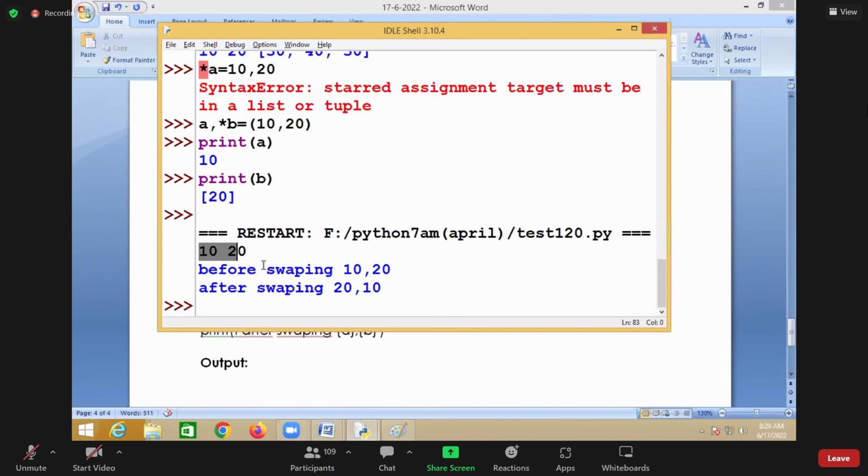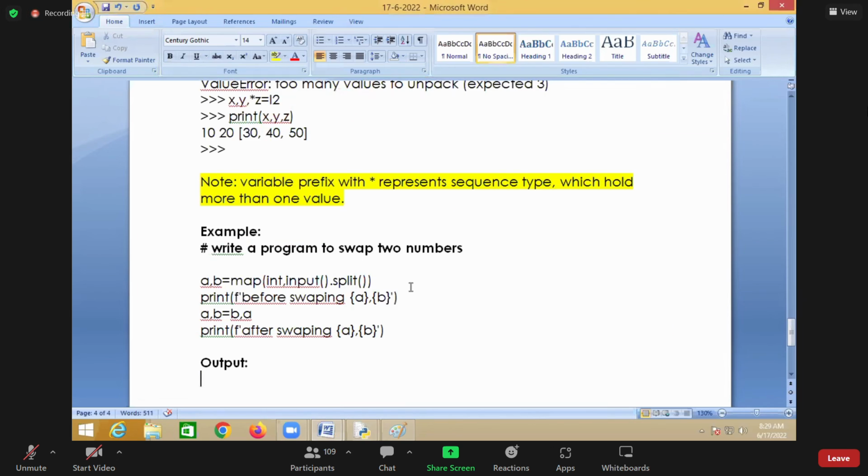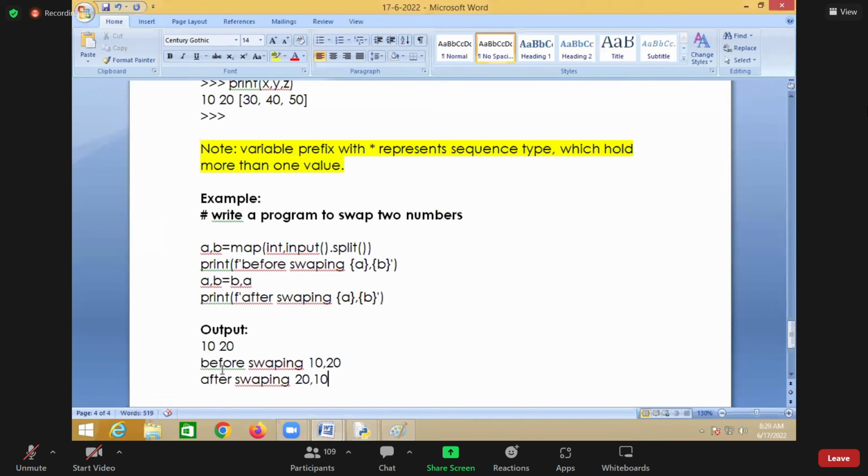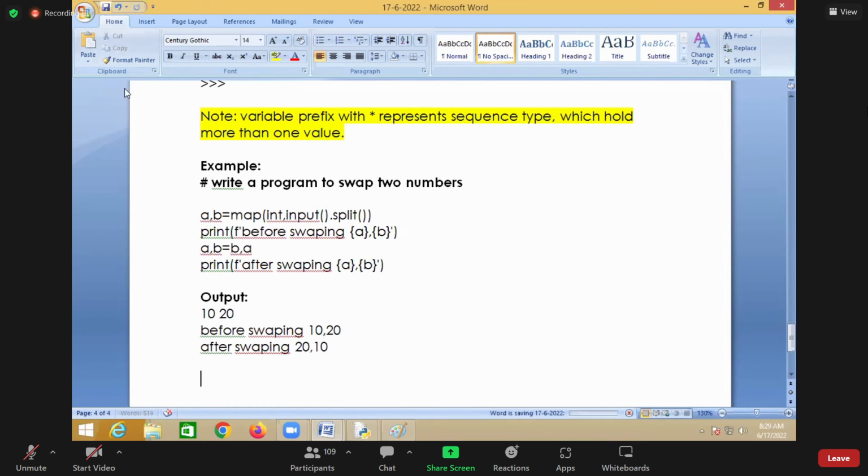Swapping two numbers, but without using a third variable. So the values 10, 20 become 20 and 10. 10, 20, and one more is,